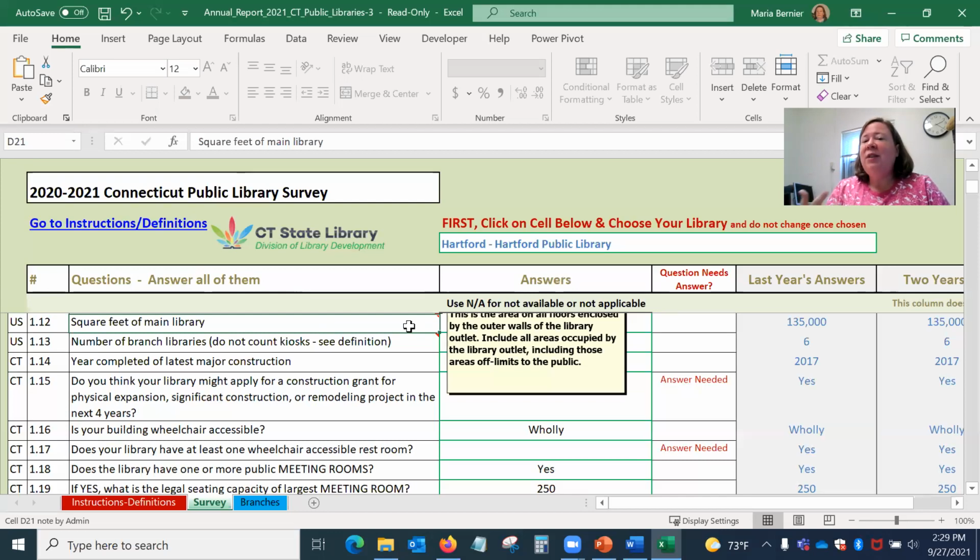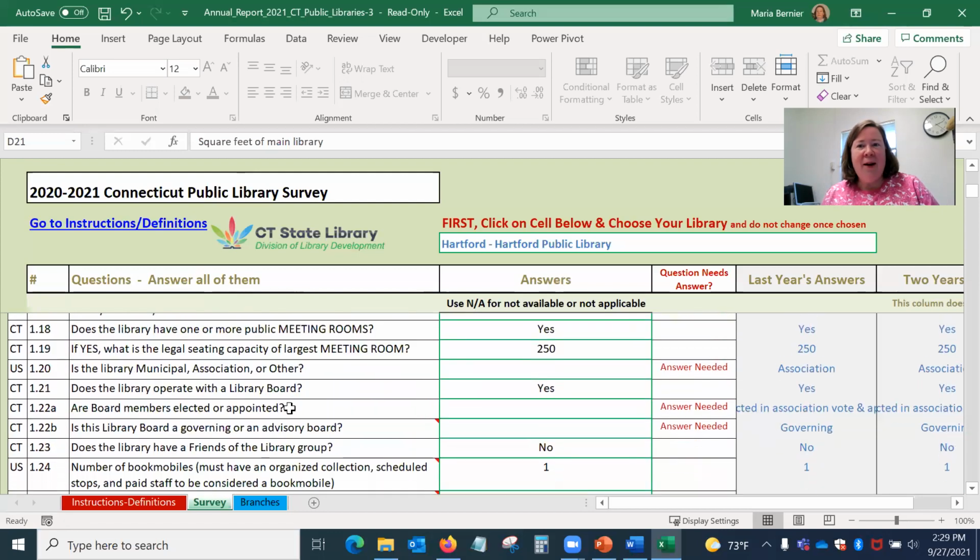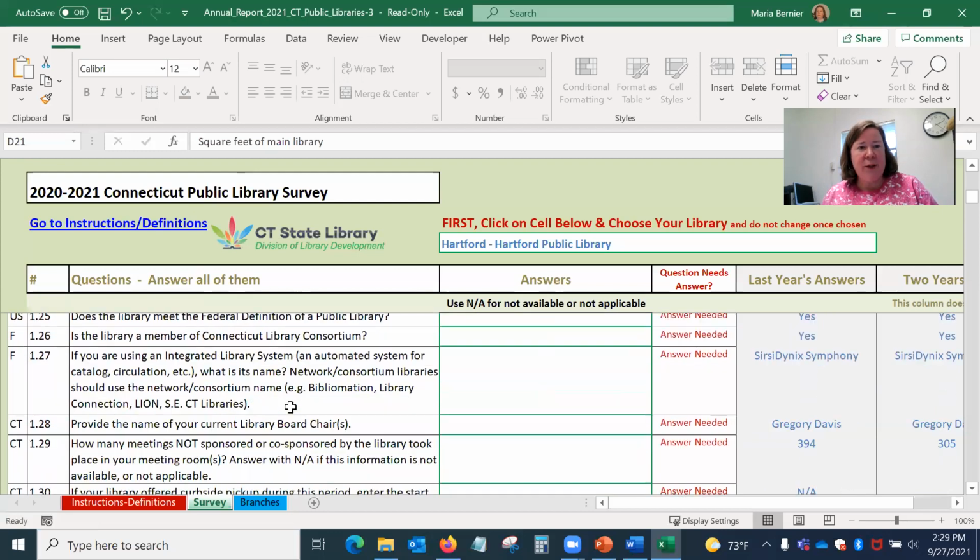And using that definition, sometimes the number of square feet increases. And that's to your benefit if you apply for E-rate Category 2 funding. And with more libraries becoming CIPA compliant and thinking about E-rate, you could actually get more money for infrastructure and computers and things in your library if you have more square feet. So take a look at that. It's all tied together, right? It all works together. So double check your square footage. All right, scrolling down to question